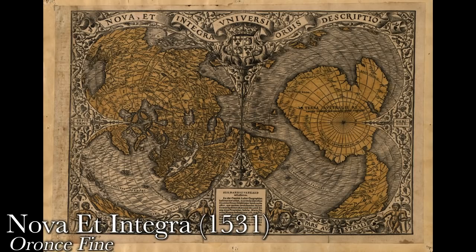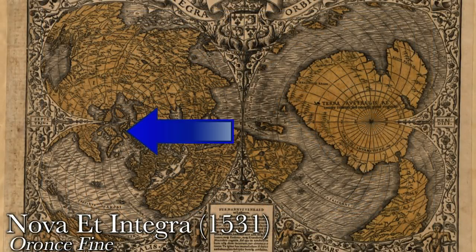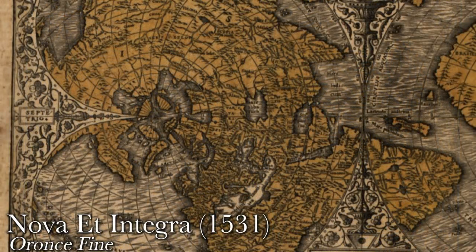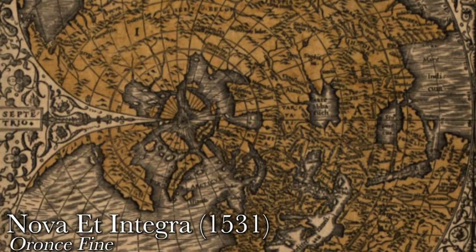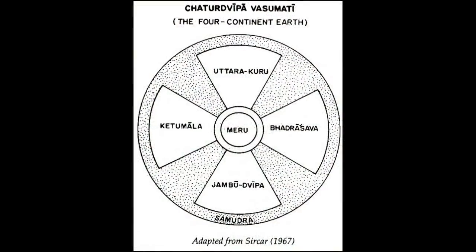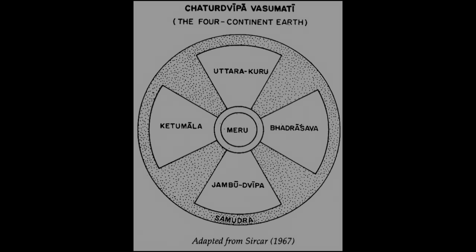This map from 1531, made by Oronce Fine, shows 4 large islands at the North Pole, with various landforms scattered around. Just to demonstrate where we are, many have never looked at older maps. This is Europe, Africa, Canada, and Russia. This is Greenland, quite close to the North Pole's southern continent. At the center we see a massive rock formation or mountain. We can draw similarities to the center of the 4-continent system of Asian cosmology, where a sacred mountain known as Mount Meru or Mount Sumeru lay.